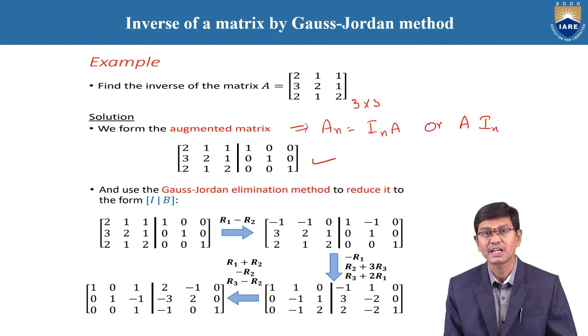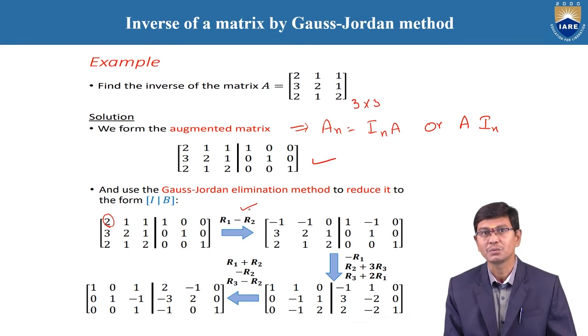that means we need to follow strictly the row operations only. We should not apply any column operations. And here, when we are applying on the given matrix A, first is R1 minus R2. Why? Because the given matrix is to be reduced to the unit matrix, that is 1 0 0, 0 1 0, 0 0 1 only. Because of that, in the first row, the first element is 2 in the given matrix, but we need to change it to 1. First of all, we need to follow strictly R1 minus R2,